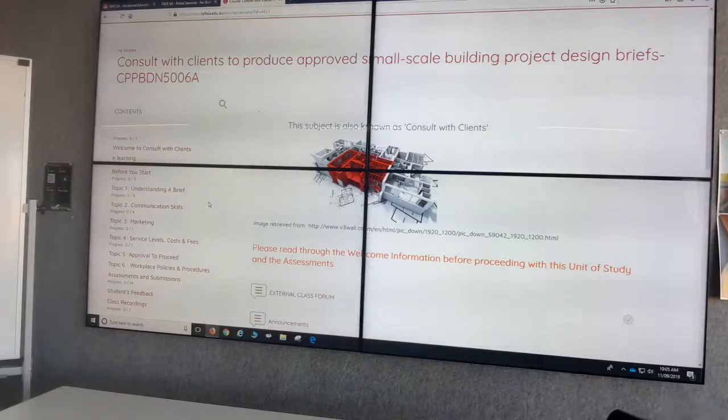Anyway, so today we're looking at topic 5, which is approval to proceed, which will help you with your assignment 3. I know I touched on that last week with regards to the requirements, but it will make sense now when we go through this part, especially with looking at those requirements and making sure you address them all correctly. Okay, so there will be some key points we'll talk about. Now, before we get into that,